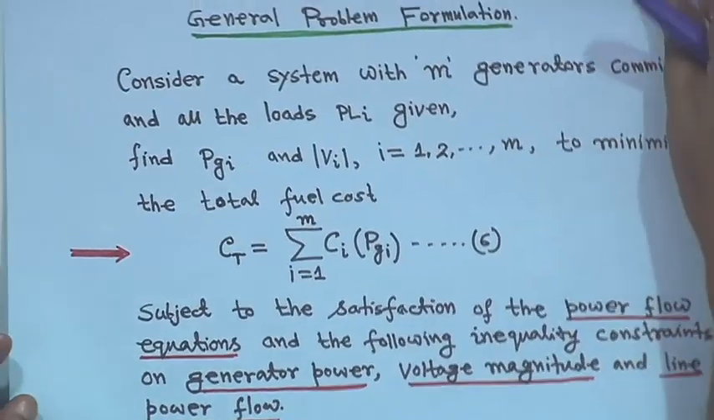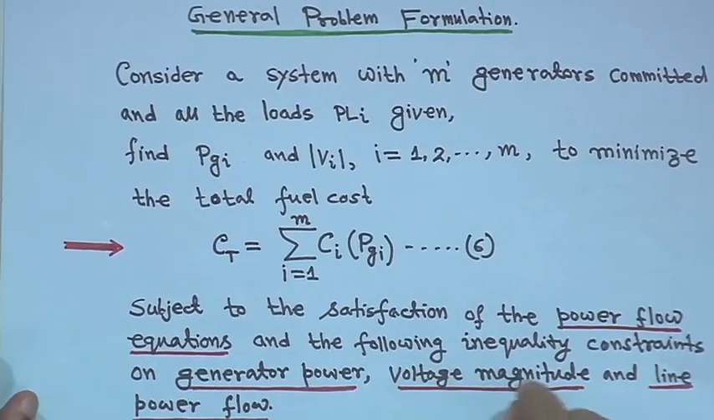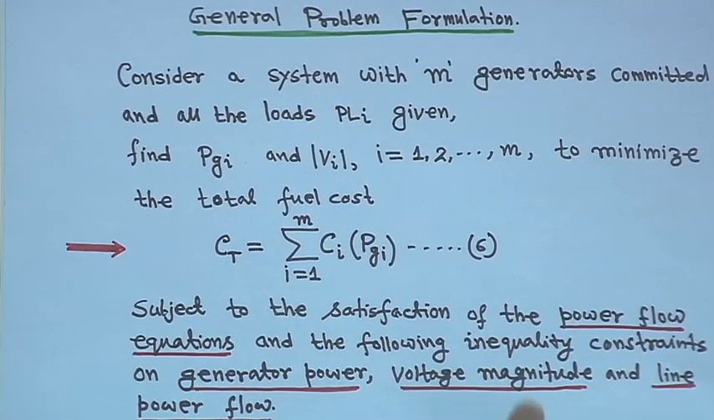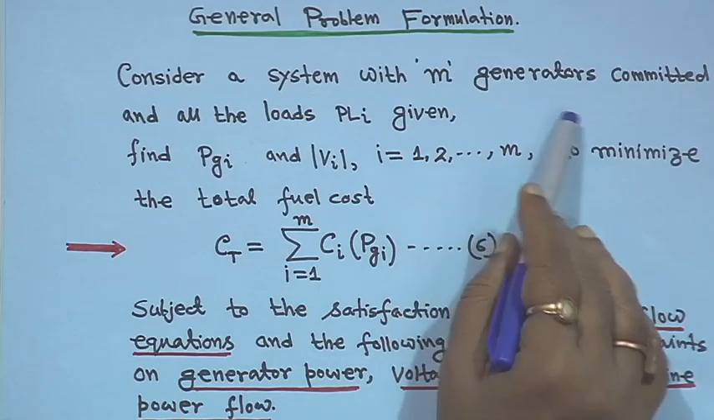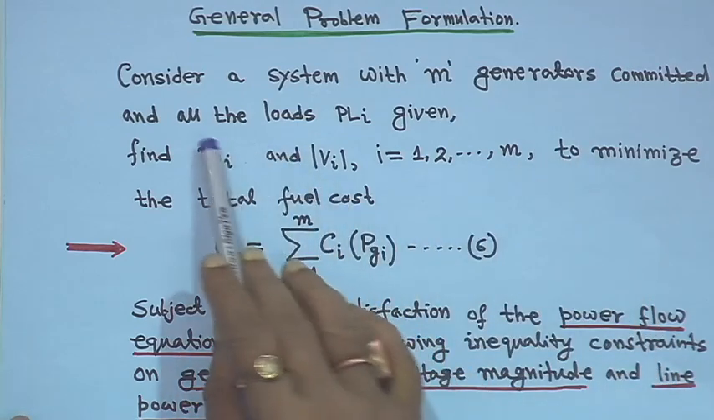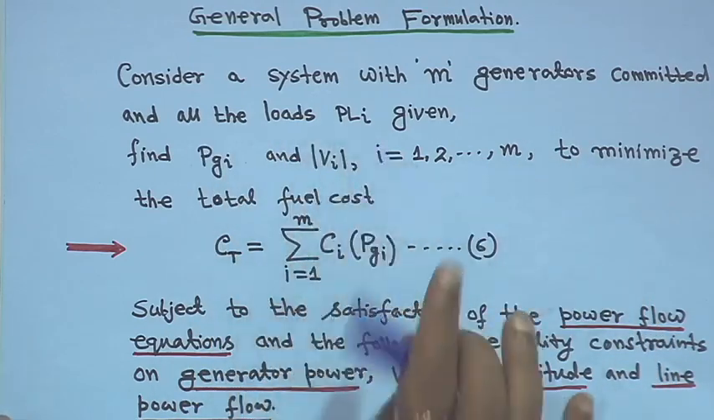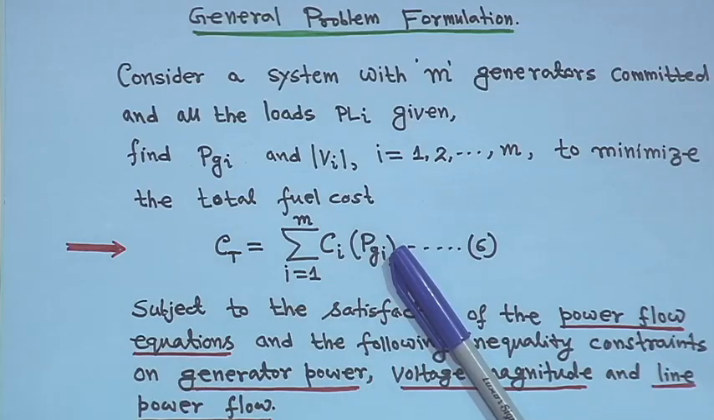Next is the general problem formulation. Slowly we will enter into the detail. Now, consider a system where m generators are committed and all the loads PLI are given. Suppose you have an n-bus problem in a power network, and out of which suppose